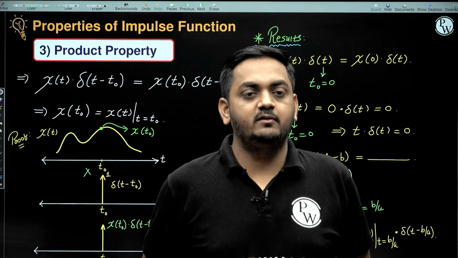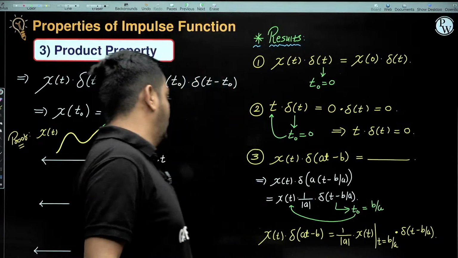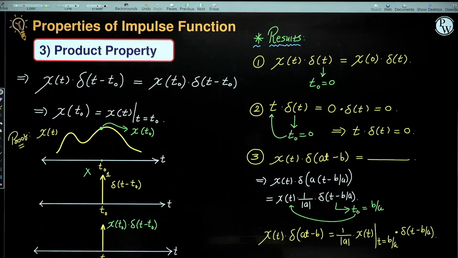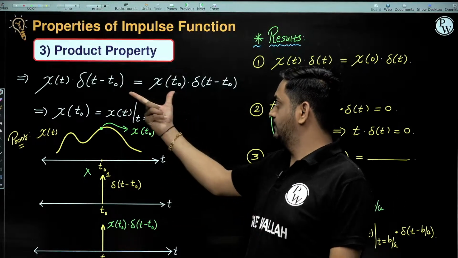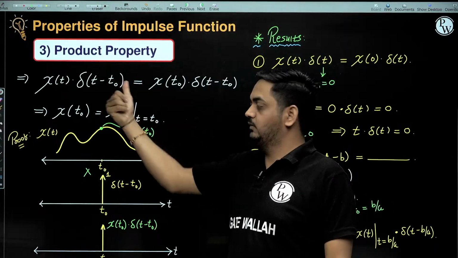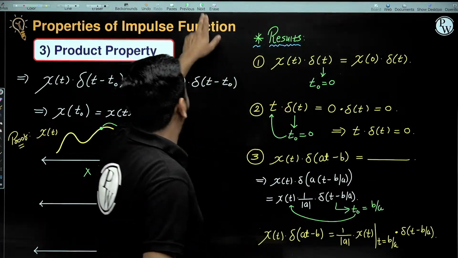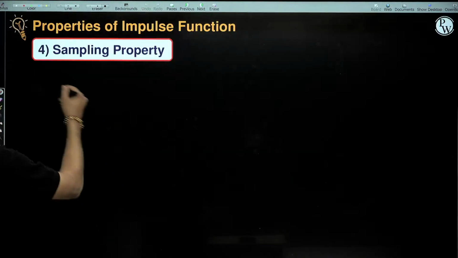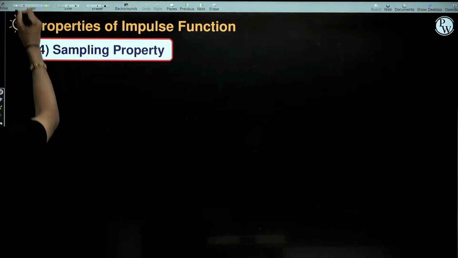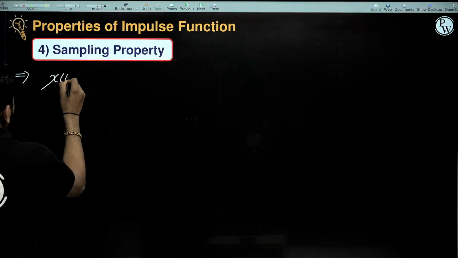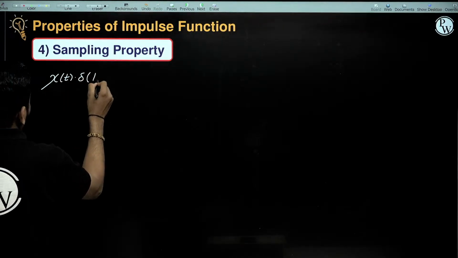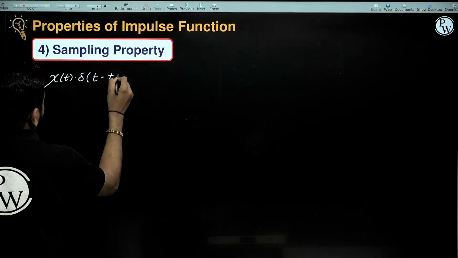Clear to each and everyone? Fine. So this is a very important property, and this property is called the product property. Now if you integrate this equation with respect to t on both sides, then it becomes the sampling property, guys. Now we know the product property: x of t into del t minus t naught